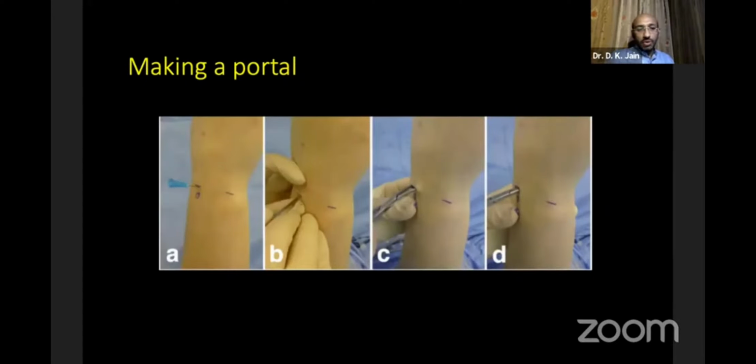So when you're making a portal, these are the key steps. You identify, as I told, these two landmarks which you need to mark. You could use a needle, or you can directly palpate it and then use the blade. Usually a number 15 blade is what you use, and don't plunge the blade inside because you could damage structures. You just make a small incision until you reach only the subcutaneous tissue, and then your artery forceps is the friend with which you dissect out the soft tissue underneath